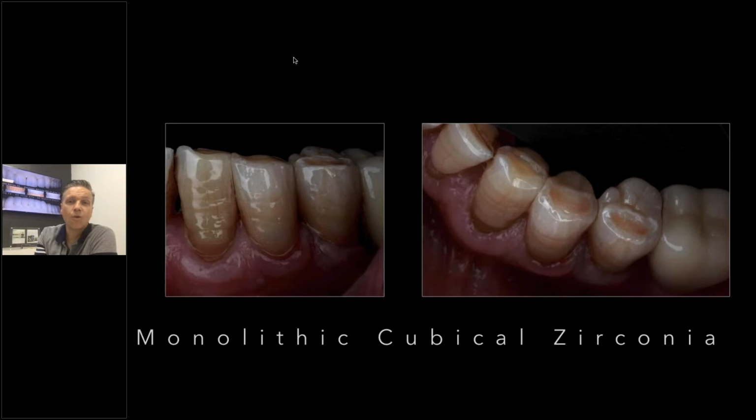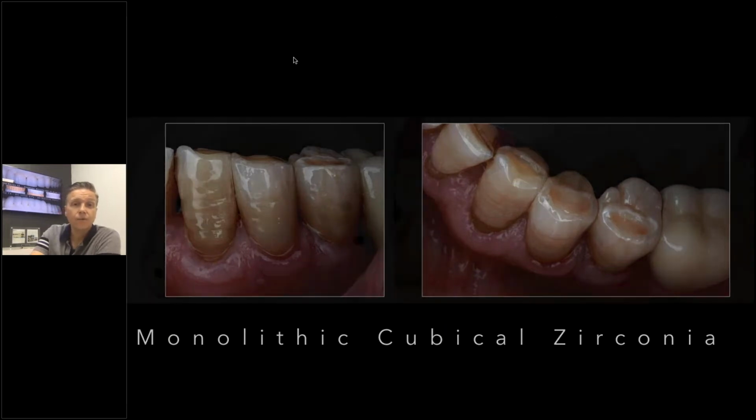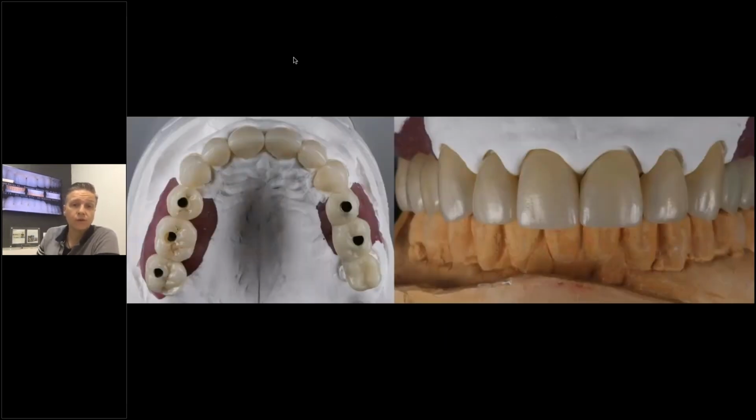Just compare the second premolar with the first molar. These are both full contour zirconia crowns, just different materials. It all comes down to material choice, and of course how you handle it. How are you able to handle the material? That's very important. When we go further to full arch reconstructions,